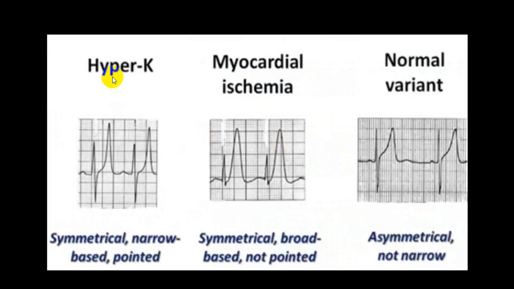So you have to differentiate from hyperkalemia and hyperacute T wave. In hyperkalemia, narrow base, pinched or peaked T wave with broad QRS, symmetrical, PR interval will be prolonged, then later on P will be absent, and you will have an appearance of a sine wave as hyperkalemia increases. While in case of a myocardial ischemia, broad base, tall, tented, asymmetrical, taller than QRS complex, etc. That will be in favor of a myocardial ischemia.